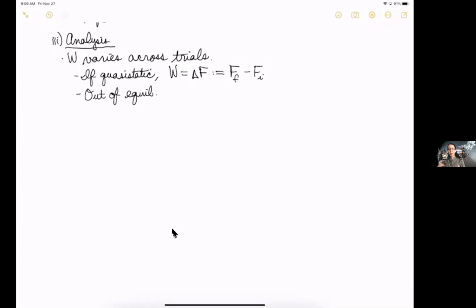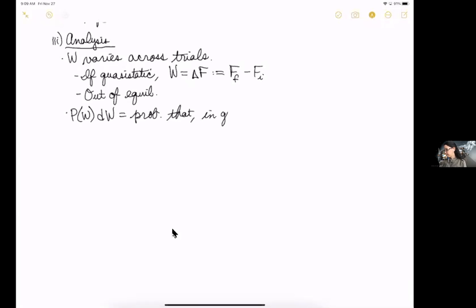The DNA hits water particles randomly and hits different water particles in different trials and in different places in different trials, so there's randomness. So if we measure the work required in every trial, then we can infer a probability density, P of W, such that P of W dW is the probability that